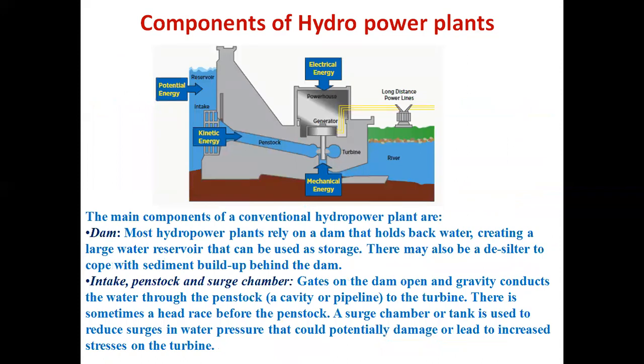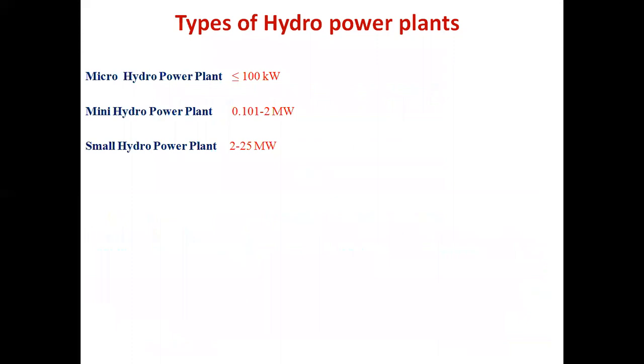You can see the power plants which are concerned with renewable energy technology or renewable energy system can be a small type hydropower plant, mini type hydropower plant, or micro type hydro plant. Now the question comes, what are these different kinds of power plants? So I will show you one slide where you can see one classification according to the capacity of hydropower plant. Capacity means the electricity generated by a hydropower plant.